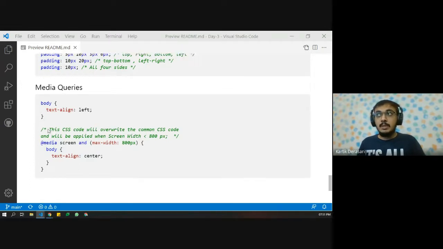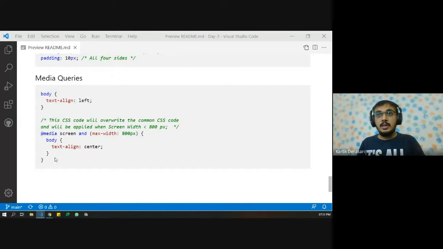But for example, I want a different kind of display on screens whose width is less than 800 pixels. For example, I have a 1920 by 1080 pixel desktop screen. Whenever the width of the screen is less than 800 pixels, then I want this CSS to be implemented. This is how we can create different kinds of designs for each type of screen.